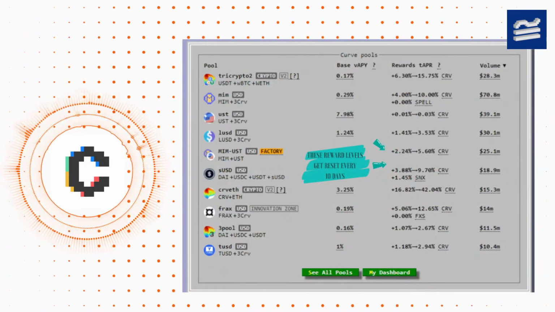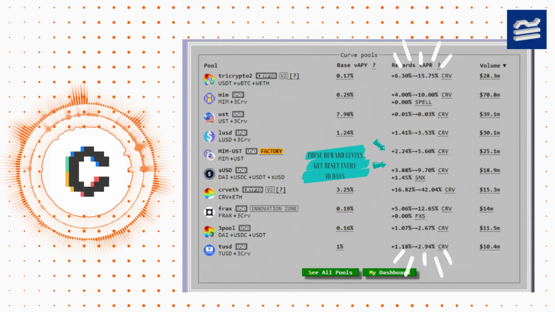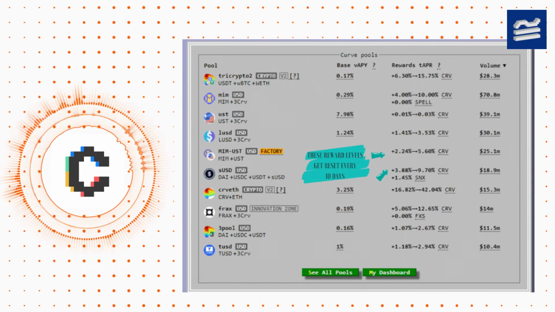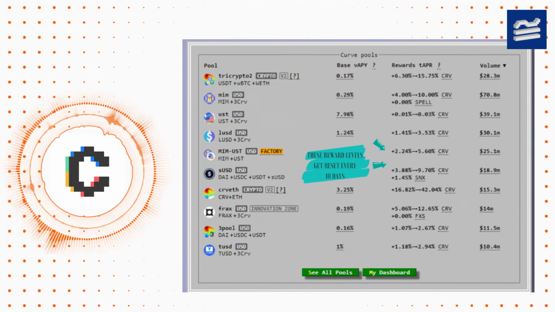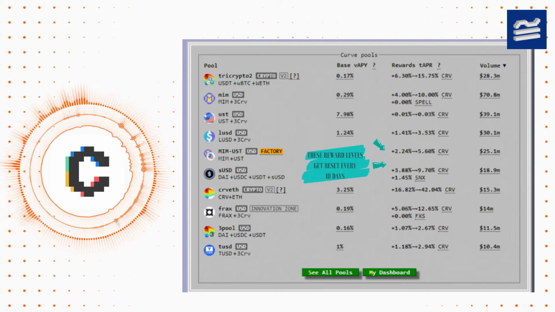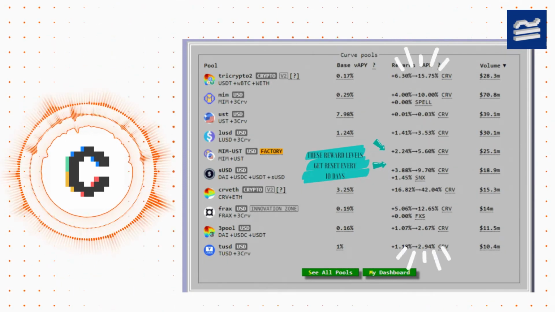Liquidity is key for success in DeFi, which is why protocols fight for free money in the form of CRV tokens for their token pools. The rewards of CRV pools get reset every 10 days and staked CRV holders vote on who gets what for the next round. The pools that are voted to get the most CRV rewards mean the strongest yields for those projects. Emission schedule: the ratio of CVX to CRV minted is reduced after every 100,000 CVX minted.